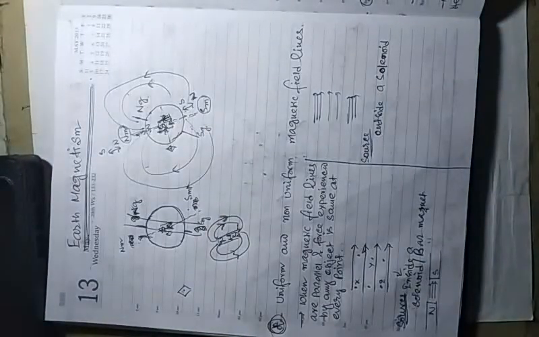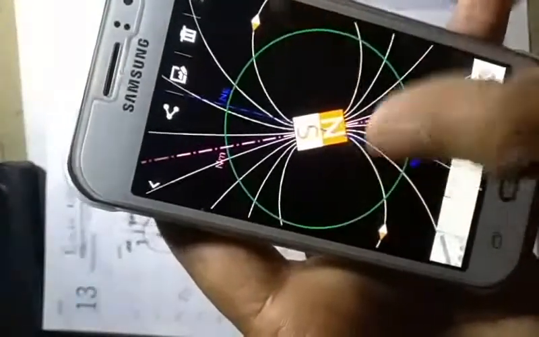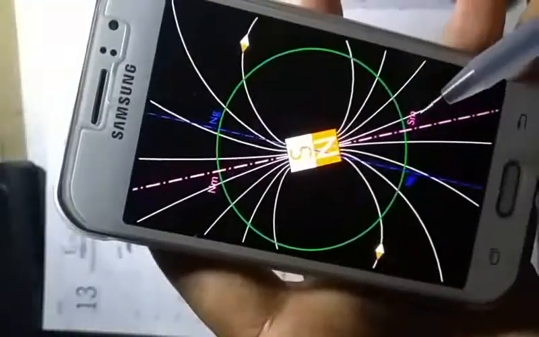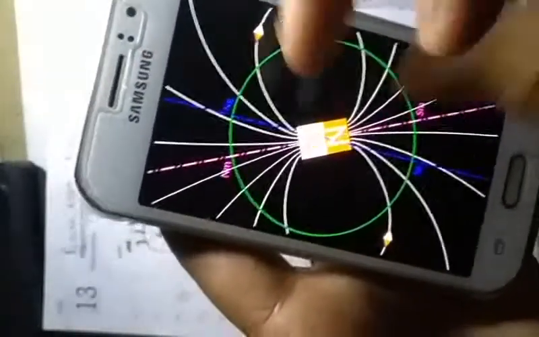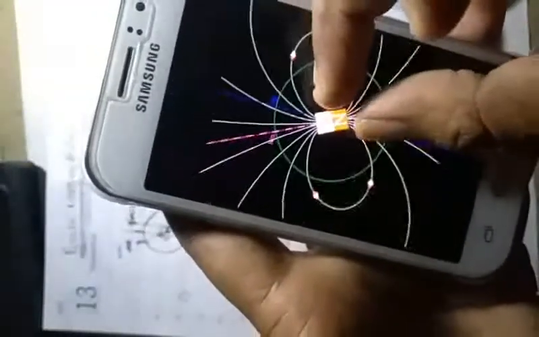Okay, I hope students you can understand. This picture I am once again showing you. Here it is. I hope magnetic north, geographic north, and that is geographic south, that is magnetic south. But inside the bar magnet it is north. That's why here it is south. Alignment is there. Okay, I hope students you can understand. You pause the video and try to understand, bring a feel inside you towards this topic. Otherwise students you can't understand.